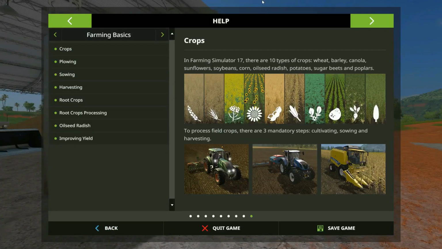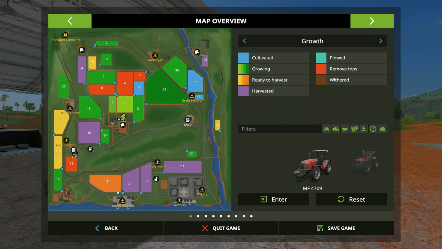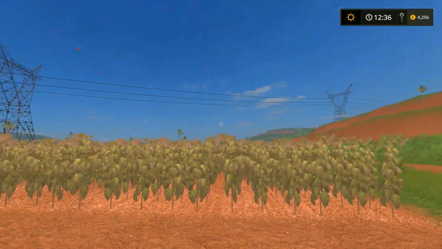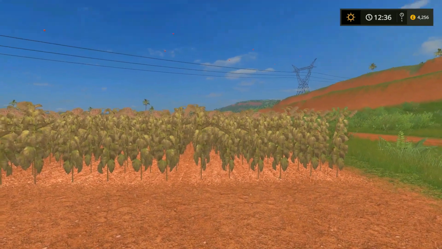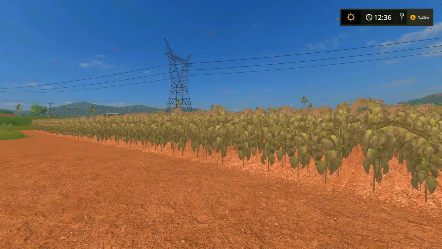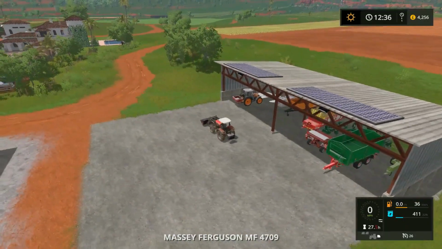So what fields have we got left to harvest? It's only 31. Oh, what do you think? Oh no, wait, 25. 25, is that ready to harvest? I think it is. Yeah, it is. We'll see. Field 14. That looks like it's gone to the next stage. Is that right? Because we might be able...